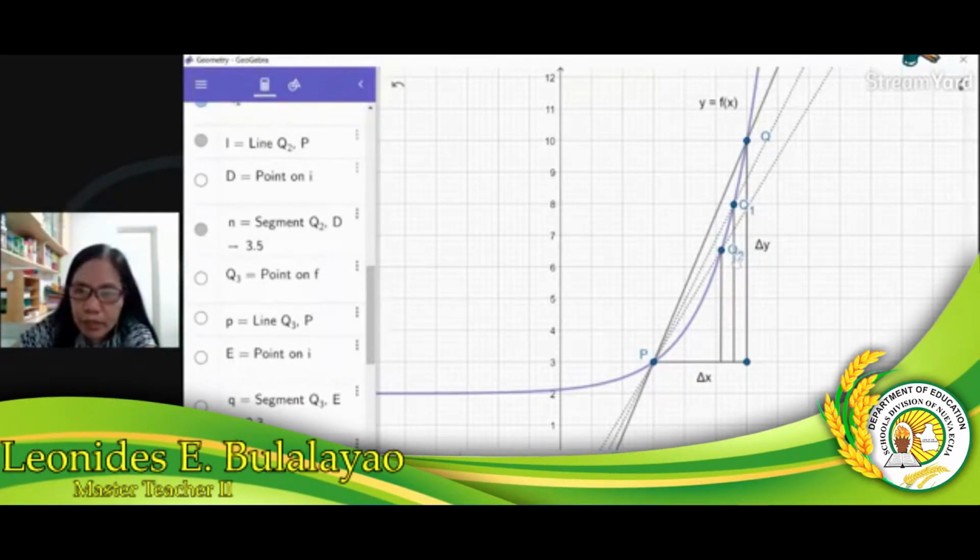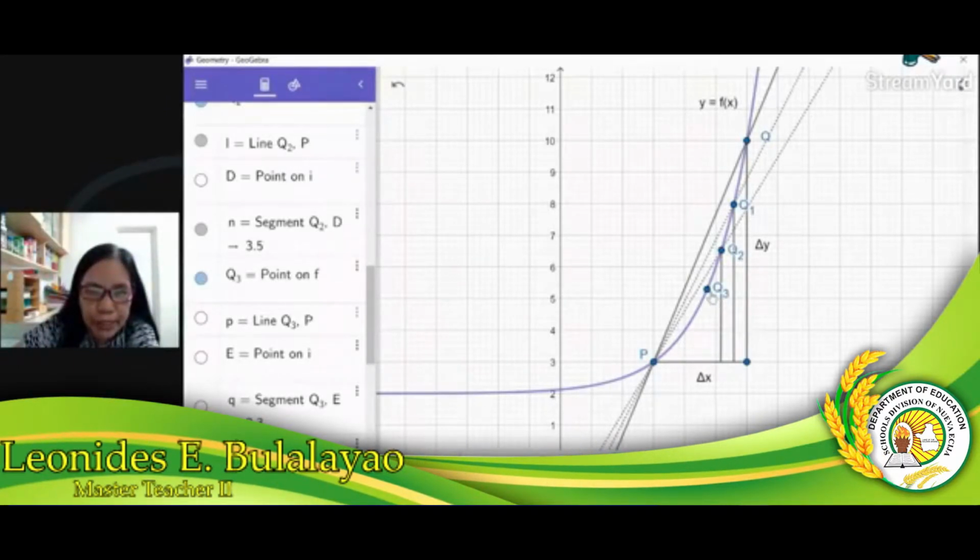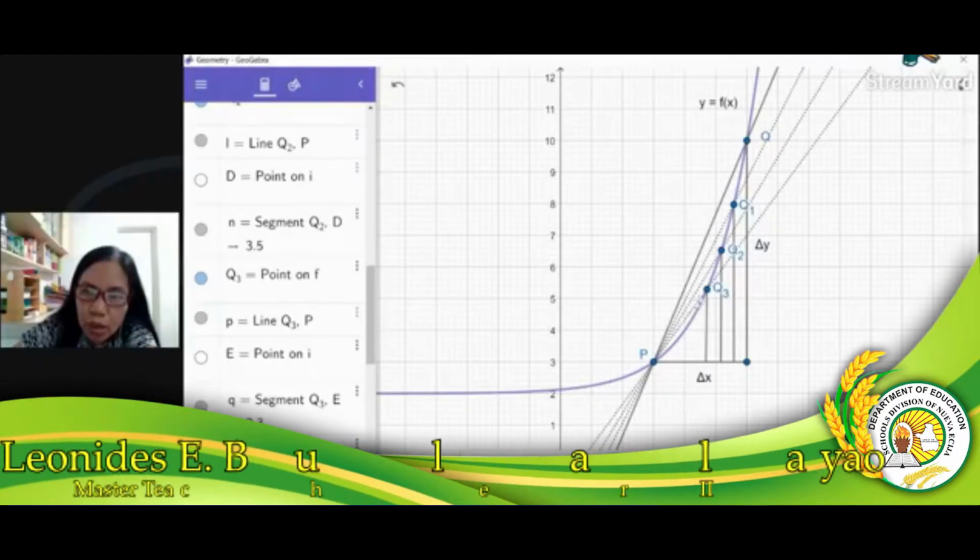As you can see, the slope becomes smaller and smaller, or the delta x becomes smaller and smaller. And let's have a point Q sub 3, and let's take the secant line, and this is now our change in x, change in y over